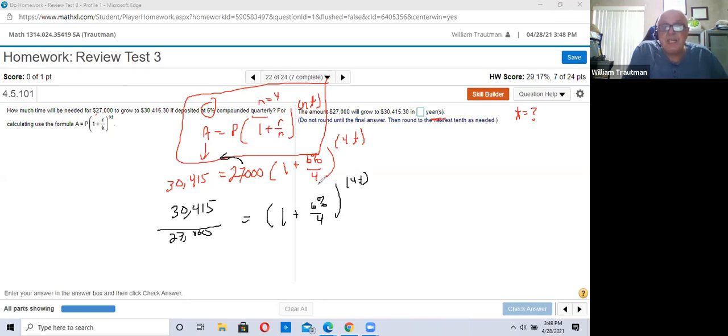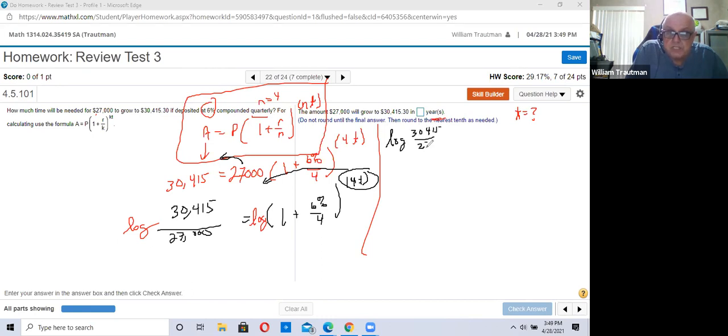Next, we need to get this power down so we can solve for t. To bring this power down, the only way to do that is to log both sides. So now I have, hopefully I don't run out of room, log of